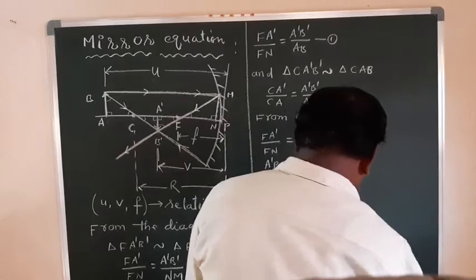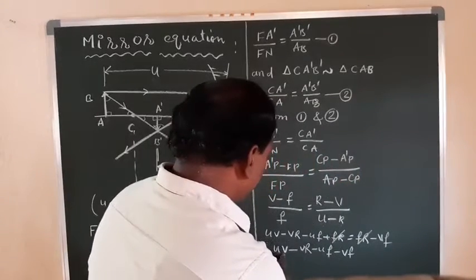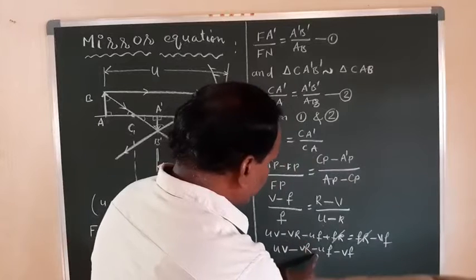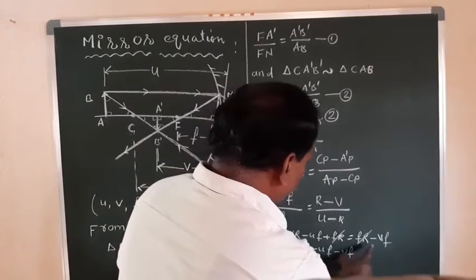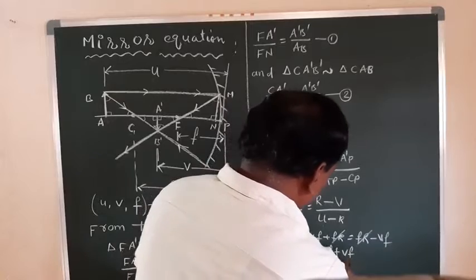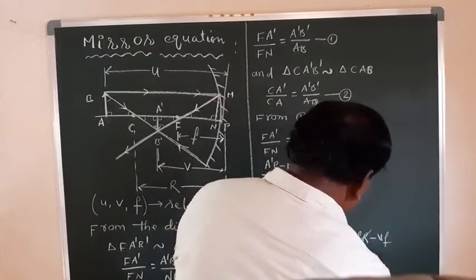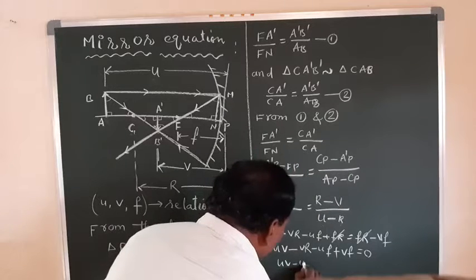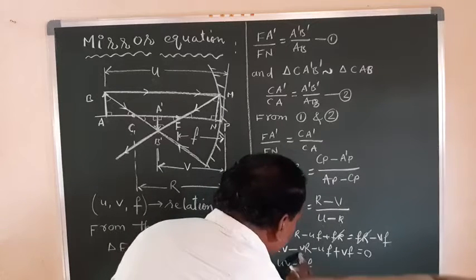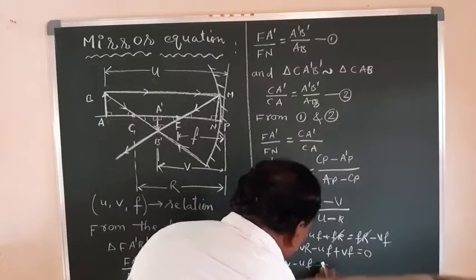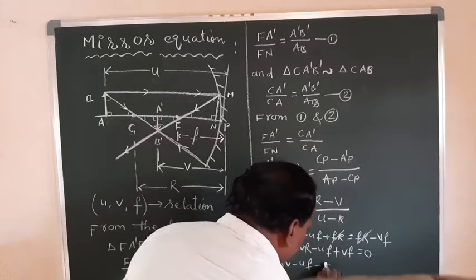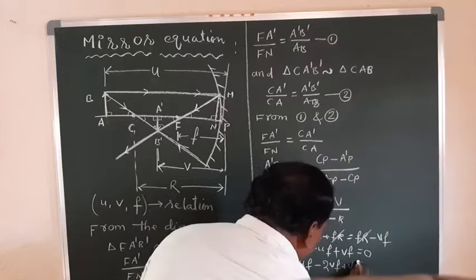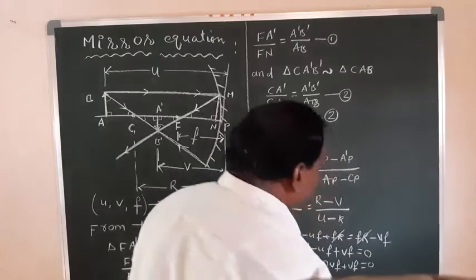Okay, this is UV, this is minus UVR... this is minus UF, and here this minus 1 I am bringing to this side. It will become plus, is equal to 0. Now you can put this one as UV minus UF, and this one also I am putting here, minus R is 2F. So this means I can write here minus 2VF plus VF is equal to 0.